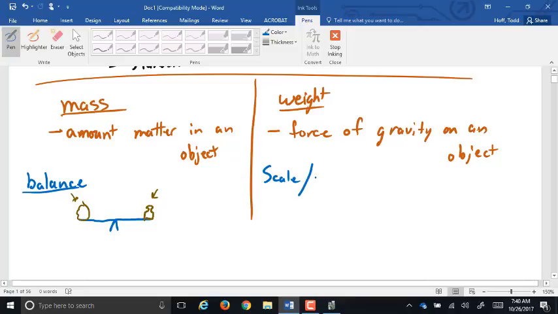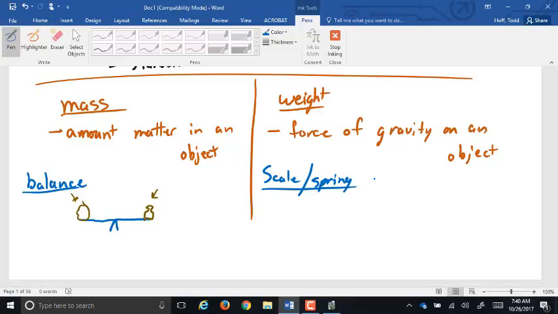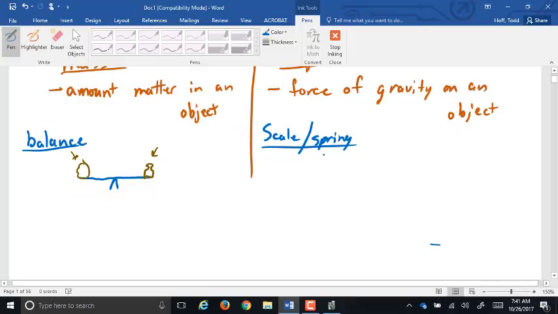Weight is measured with a scale. And a scale is really nothing more than a spring. A good spring stretches proportional to the force. If you let it relax and you add a force to it and it stretches, well, if you double the force, it should double the length, the amount it stretches. Of course, within the limits of the spring. So we take a spring,